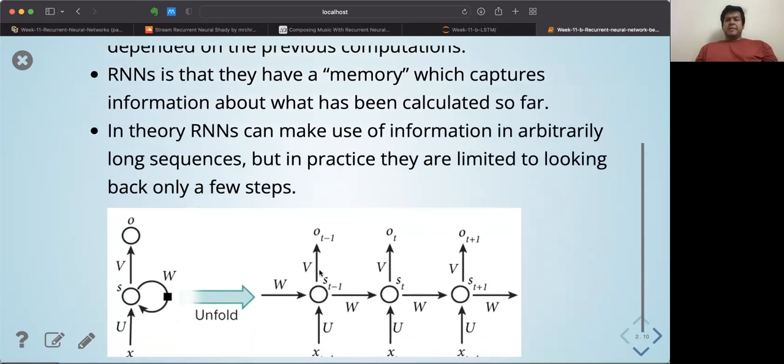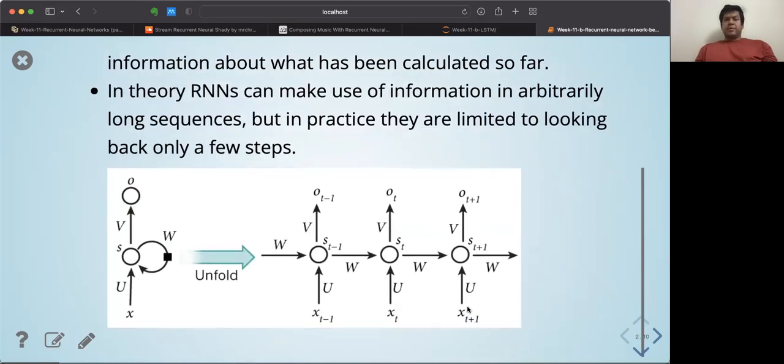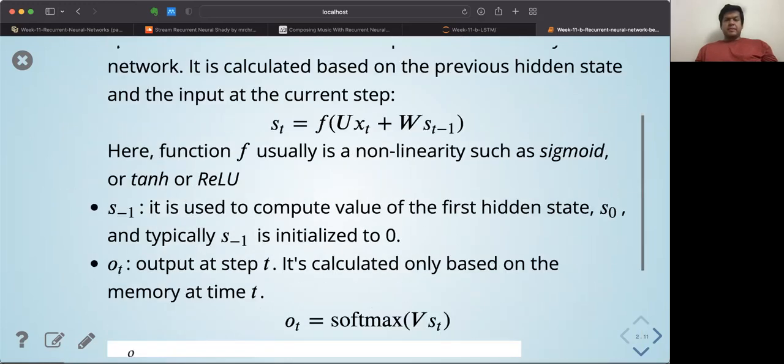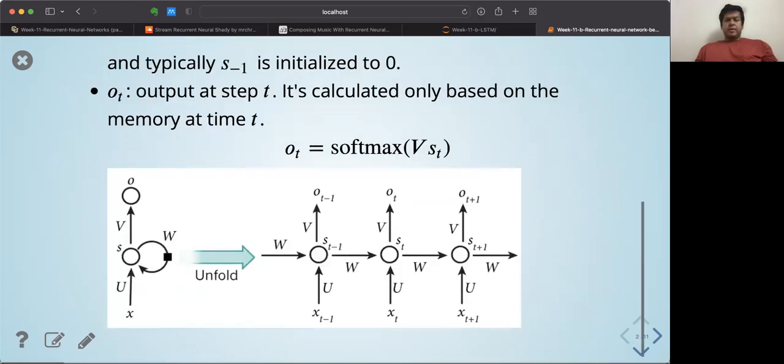So this is the basic architecture of the recurrent neural network that we have known. So these are recurrent neural networks. I don't know whether I'm missing the slides. Where is it? Give me just a second. All right, so let's